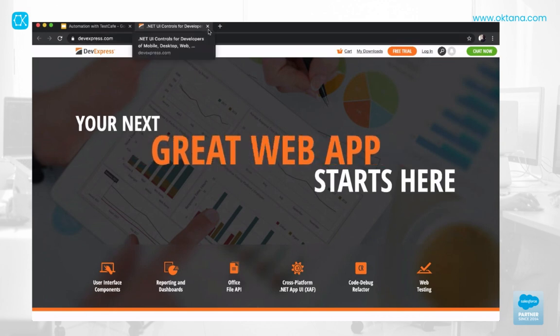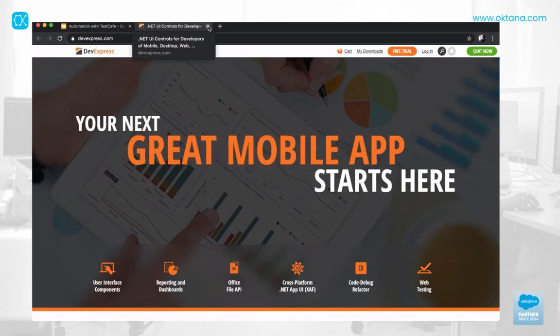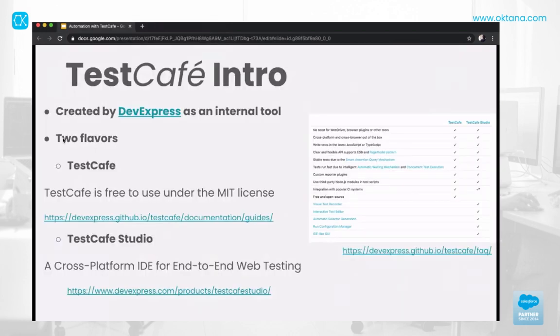It has two flavors: TestCafe itself, the TestCafe tool, which is a node-based tool, free under MIT license, and TestCafe Studio. Here is a little comparison. TestCafe Studio is not free, but it's